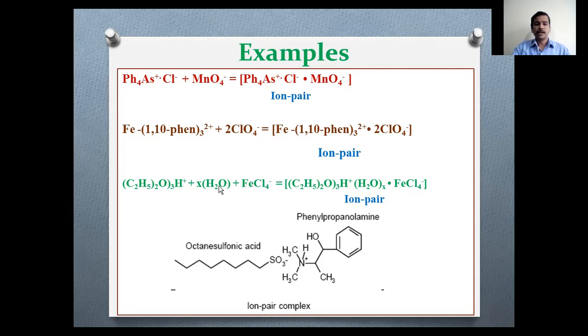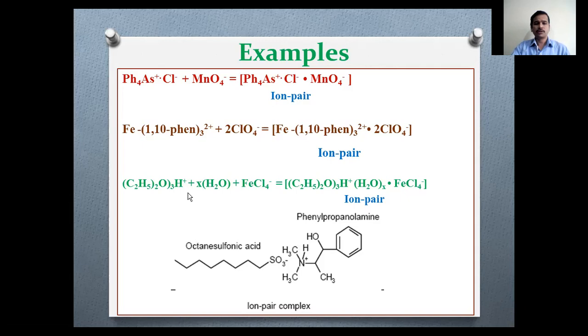So take an aqueous medium of higher acid concentration, where the aqueous medium contains an analyte, FeCl4 minus. Assume FeCl4 minus is present in the aqueous phase. To the aqueous phase containing FeCl4 minus, you add excess hydrochloric acid or sulfuric acid; even nitric acid can also be added. And you treat with ether, which is the solvent you are going to use.